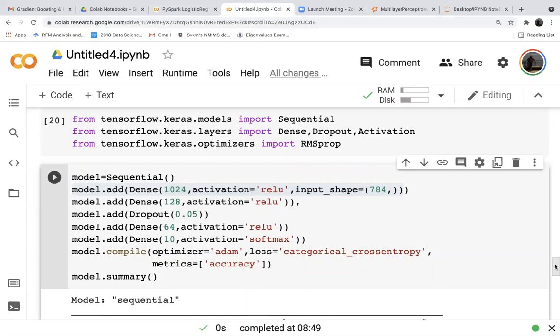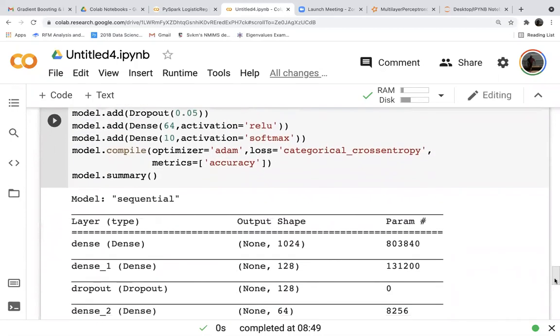I'm not sure, sir. In the other class, what we learned was that the first layer should contain a number of neurons equal to the input that we are giving. The word is minimum. If it is not possible, then in the last MLP class we had the same problem, right? The input dim was not matching. One of you told me that the minimum input dim is not matching.